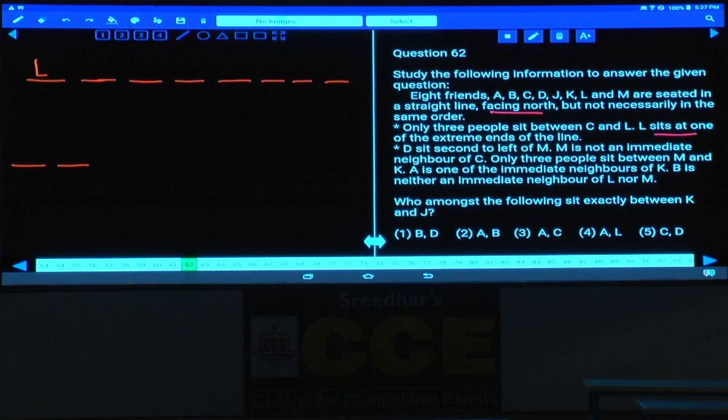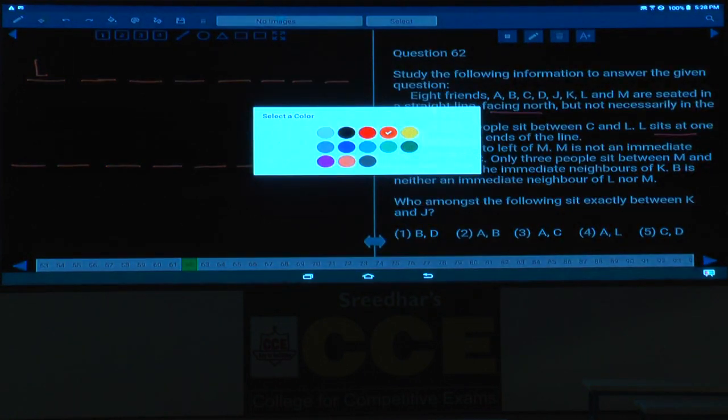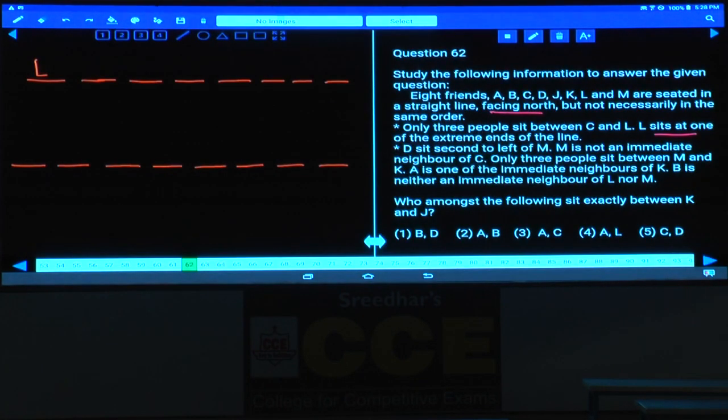1, 2, 3, 4, 5, 6, 7, 8. Now L can be at the right extreme. And so how many possibilities do we have? We have some 2 possibilities. L can be either at the first place, or L can be at this place, isn't it? L sits at one of the extreme ends of the line. Only 3 people between C and L. C will be here. Now only 3 people between C and L. C will be here. And D sits second to the left of